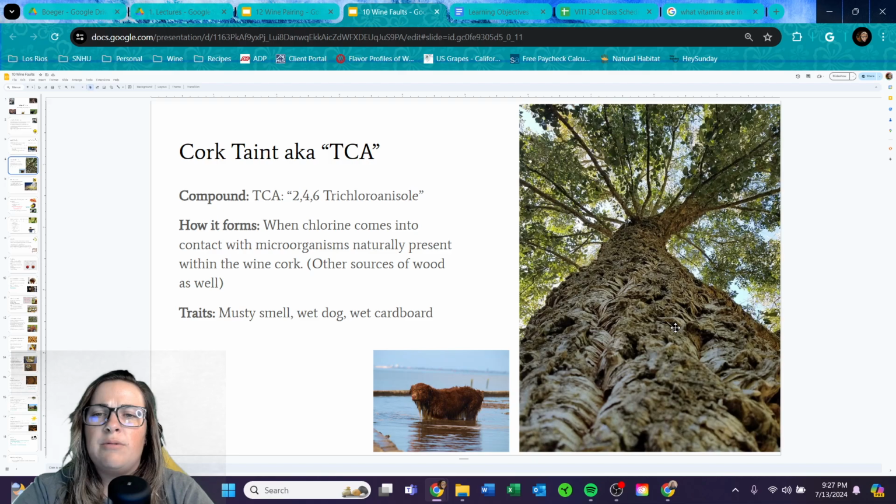But ultimately what we need to understand is that cork is not something that can be completely sterile. It's not a sterile product. Cork comes from trees, tree bark. It's very porous. Even though we make huge efforts to make it sterile and sanitized, there's going to be some level of microorganisms present. It's not anything that's going to make you sick. It's nothing that's going to harm you in any way, but it will affect the wine if it comes in